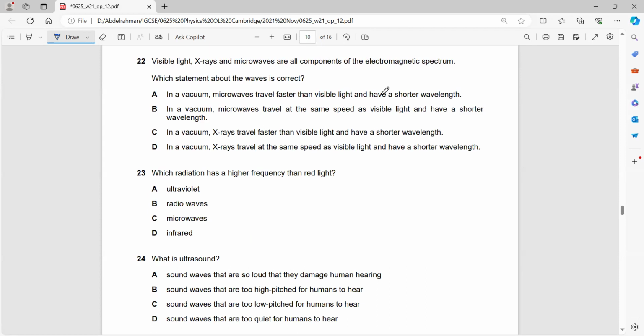Visible light, X-rays, and microwaves are all components of the electromagnetic spectrum. Which statement about the waves is correct? In a vacuum, microwaves travel faster. Nope. In a vacuum, microwaves travel at the same speed. Yes, they do travel at the same speed. And visible light